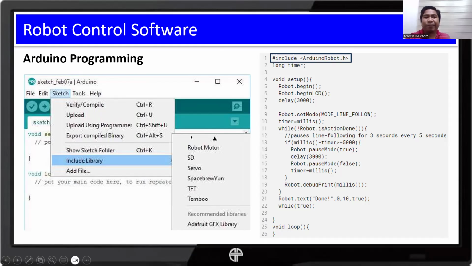So the bottom line is, if you are going to create an Arduino program, especially for your robotic system, check the available libraries, those that are appropriate for your intended application. I guess that's the bottom line for this part. See you in the next one.